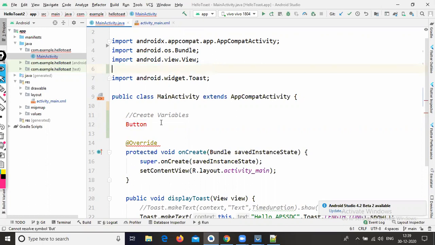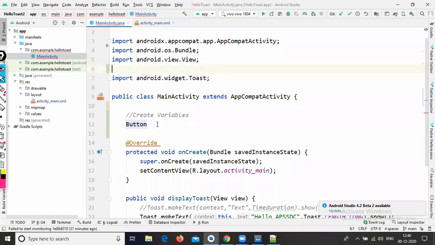In my Android Studio this package is automatically imported, because I modified the settings that way. If you write everything like this, the Button shows red, which means it's throwing an error because the package is not imported.